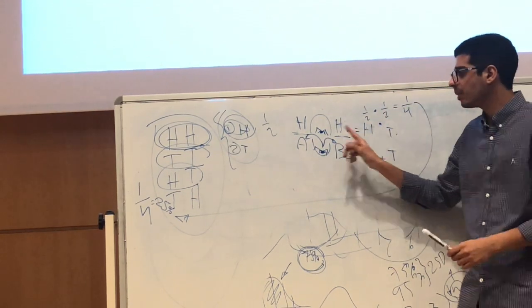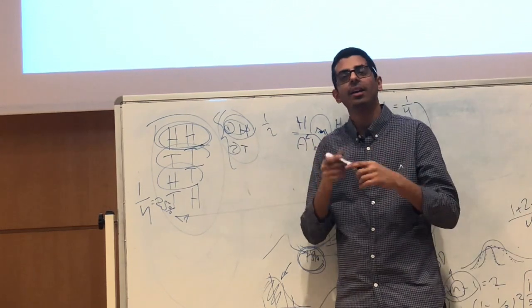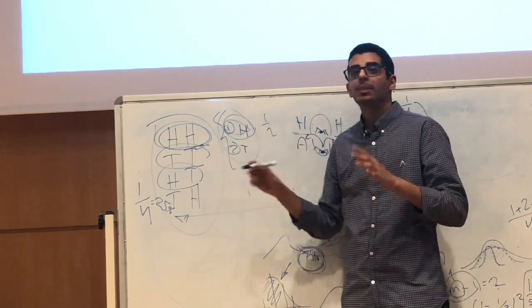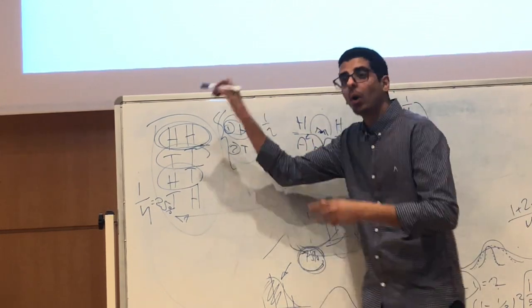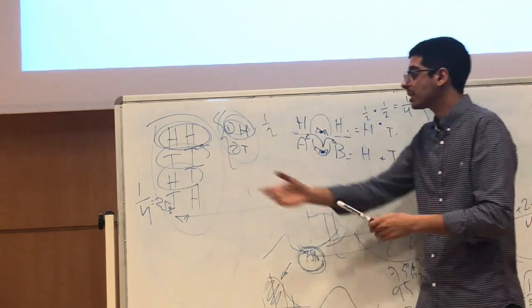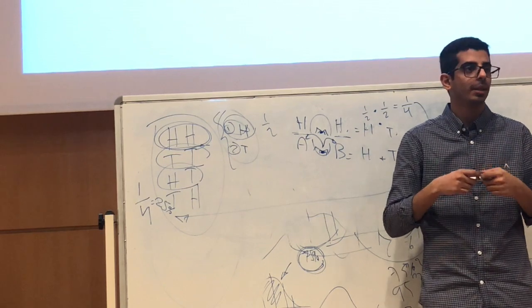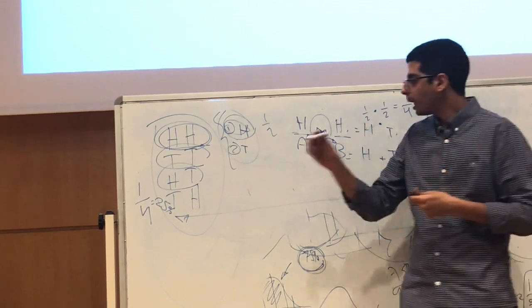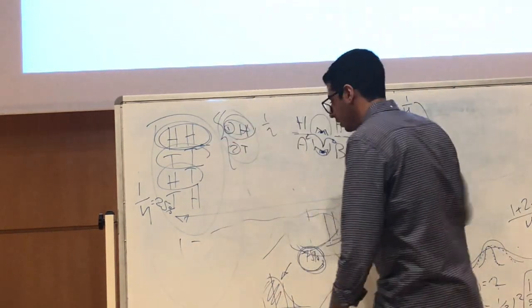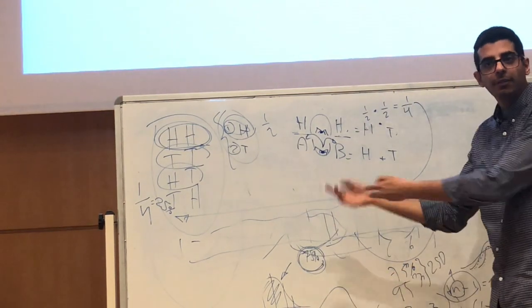This is the calculation way. This is not hard numbers, but this is me doing exhaustive work. I have to write all the sample spaces because sometimes it's not this simple. What if I say I want to throw 10 coins? 10 coins is, I'm gonna do this heads, tails, and this is heads, tails. It's not gonna finish.